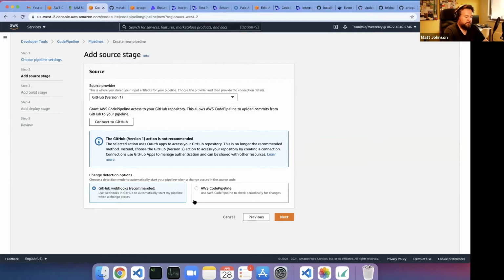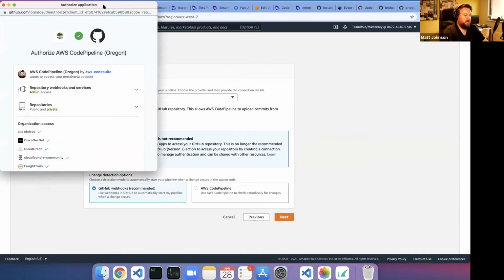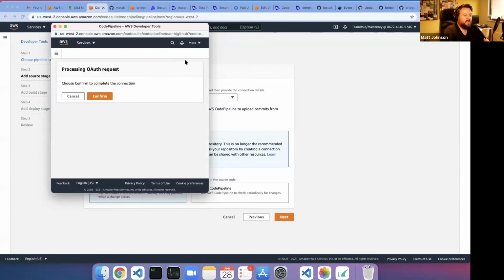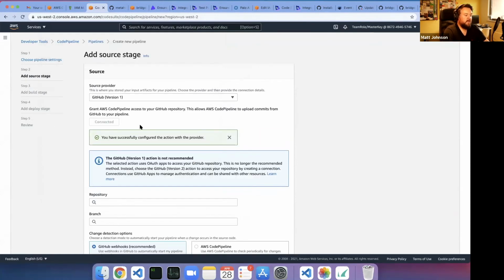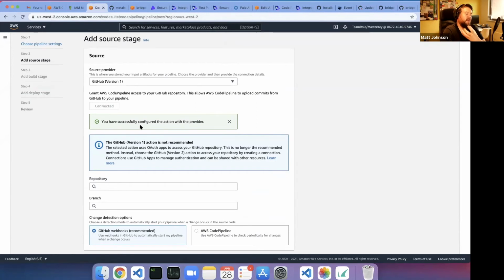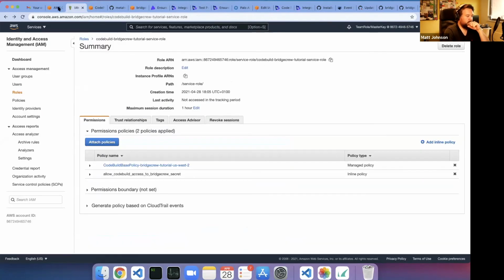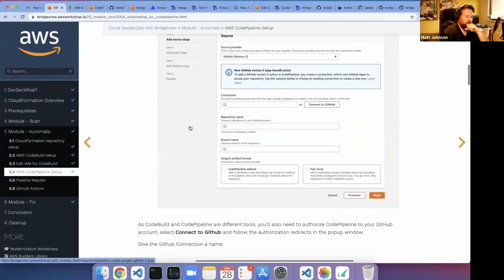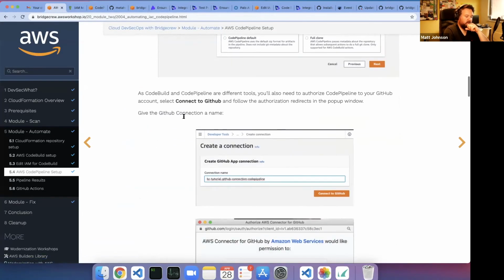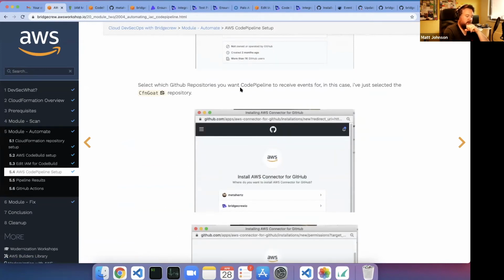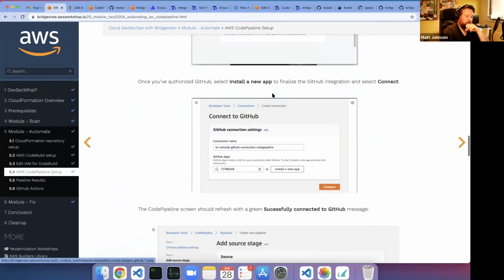But for now, we go V1, and then just like we did with the CodeBuild, the CodePipeline allows us to just quickly authenticate to GitHub. And this gives CodePipeline the permissions needed to register a webhook, so GitHub can tell CodePipeline as and when things are happening. Everything else is pretty similar. Once we have a connection, we connect to GitHub, as we've just seen, and then we select, once we're back from GitHub,